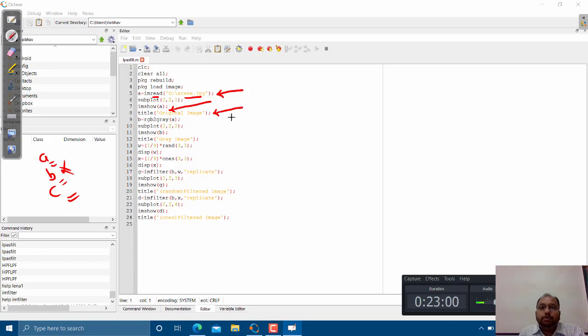And I have given the title as original image, right? Then we are going to convert that color image, that is the RGB image, to a gray image by using the rgb2gray function. How to convert that without using the function, we have also seen in some of the programs.